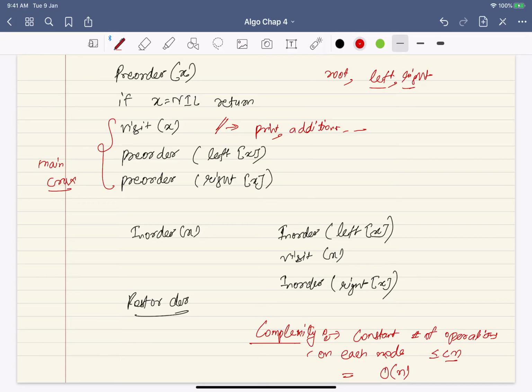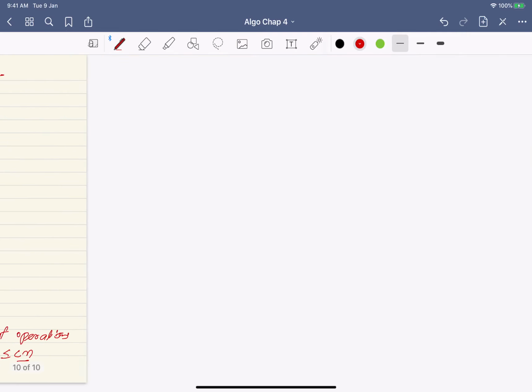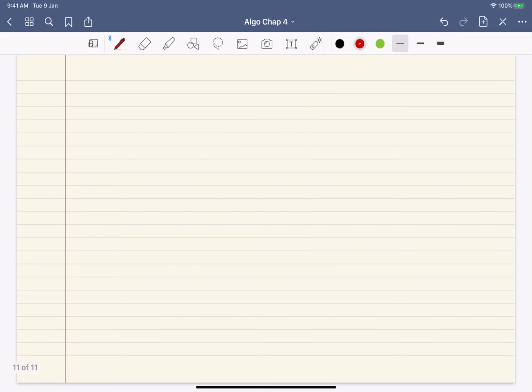Now suppose somebody says you are given a binary tree and solve this problem in O(n) time, you may think about using traversal directly for solving those. For example, a very simple question: what are we storing in the tree? We are only storing some data and the left and right pointers. But suppose you want to know the size of the tree, and by size I mean the number of nodes. So how will you know the number of nodes in the tree?